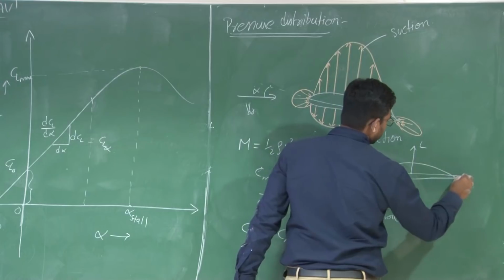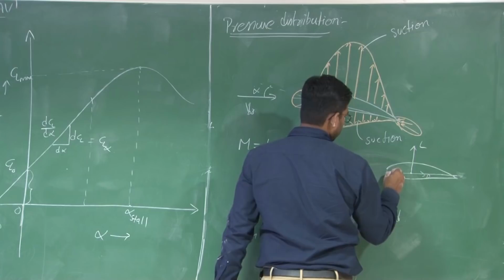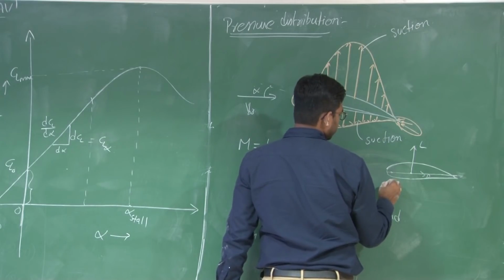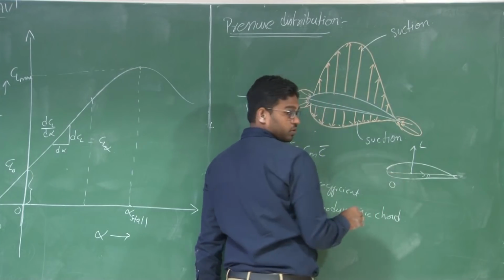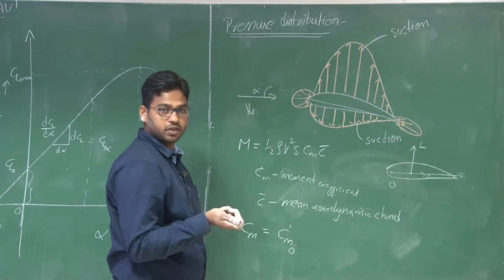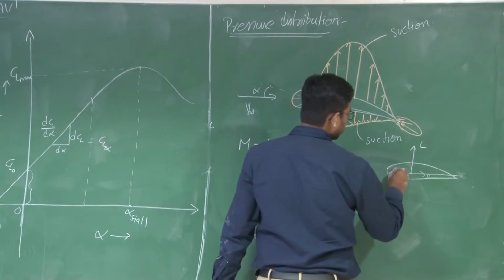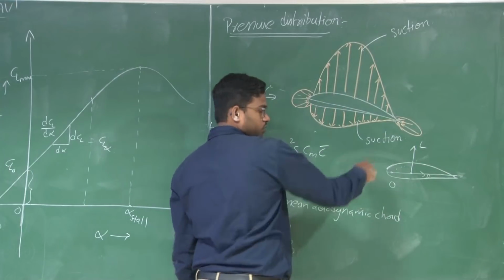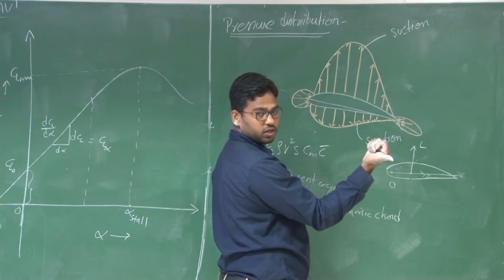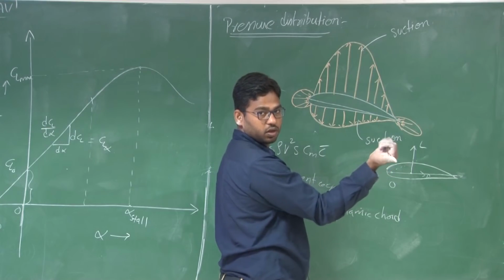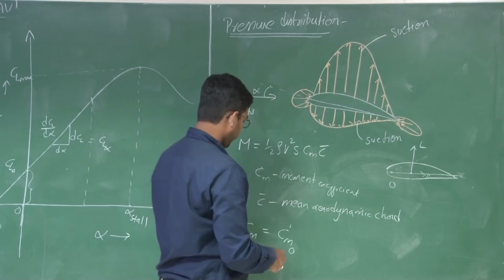There is lift, there is drag, right? So say there is a point O, right? So the moment about point O: pitch up is considered positive, pitch down is considered negative, right? What is pitch up here? Consider the y-axis into this blackboard, right? Stretch your thumb along the positive y, so the curl of your fingers gives you the positive moment. So pitch up is considered positive and pitch down is considered negative, right?